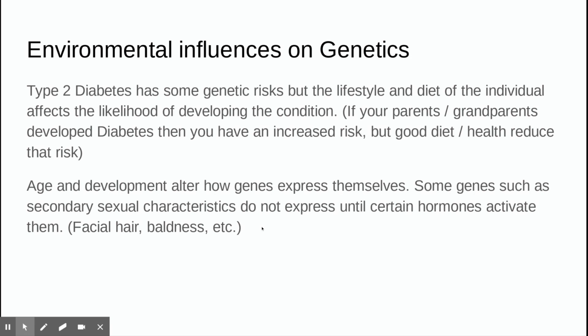Similarly, if you were born with the trait that you would someday go bald, you don't necessarily have that baldness when you're a child. It's over the course of your life that you then might go through puberty and have those traits